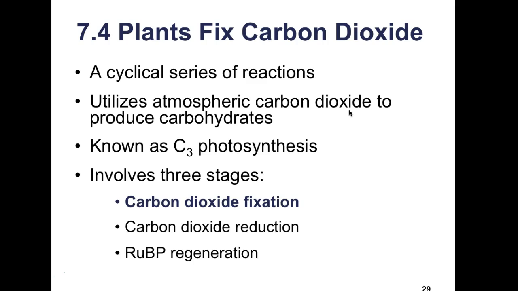In 7.4, plants are going to fix carbon dioxide. So here's where we're going to see the Calvin cycle. It's a cyclical series of reactions that utilizes atmospheric CO2 to produce carbohydrates. It's also known as the C3 pathway because CO2 is going to be fixed into a 3-carbon compound. It involves 3 stages: carbon fixation, carbon dioxide reduction, and the regeneration of